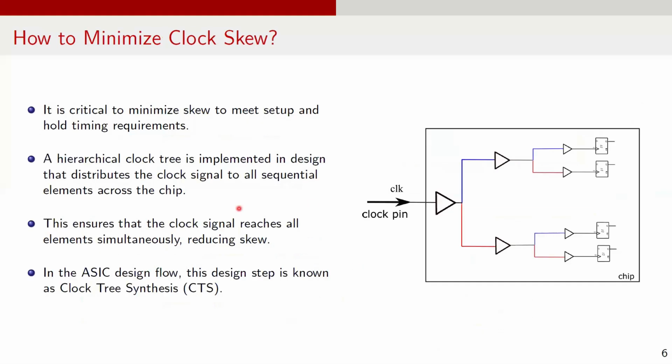In order to minimize clock skew in digital circuits, several techniques are employed during the design process. One of the most widely used and effective methods is the implementation of a balanced clock distribution tree, also known as clock tree. It is a hierarchical network that distributes the clock signal to all sequential elements across the chip. The goal is to ensure that the clock signal reaches all the elements simultaneously or with minimal delay variation,